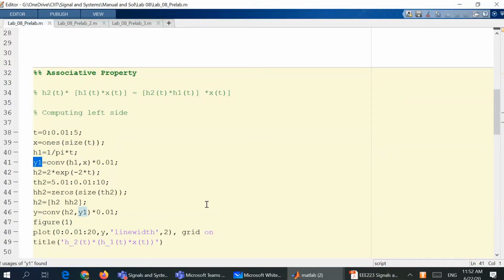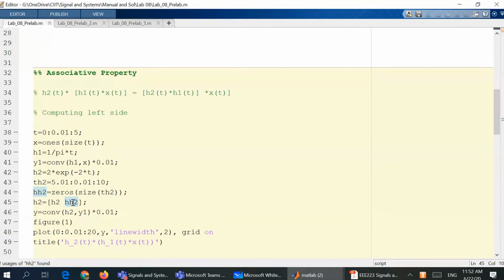सो वो जो एक्स्ट्रा टाइम है, that should be starting from the next time interval, यानी 5.01 से स्टार्ट हो रहा है। अगर 5 पे खत्म हो रहा था पिछला टाइम, this should be starting at 5.01। ठीक है, ये टाइम्स ओवरलैप नहीं करने चाहिए। अब हमने ये करना है कि H2 तो डिफाइन था प्रीवियस टाइम के लिए, अब हम H2 एक नया सिग्नल डिफाइन करेंगे, that will be just 0 over the next time period, और फिर इन दोनों को कनकैटिनेट करके H2 बना लेंगे।